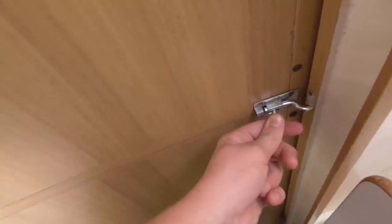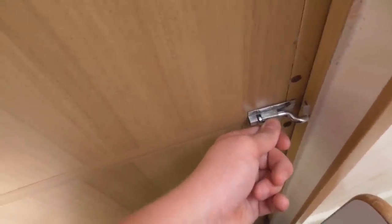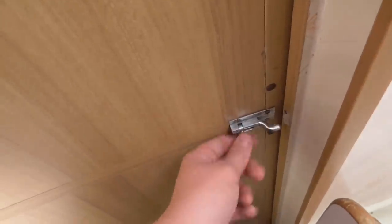And now we're on to the bathroom, yay! There's magnets on this door, and there's also a door lock, which kind of works-ish. But I live here by myself, so I don't need that. But these magnets, it's fine. I want a door handle. Personal preference, I want a door handle. But as well as that, I want to change these mirrors. This is my house, I want this to look nice, so...